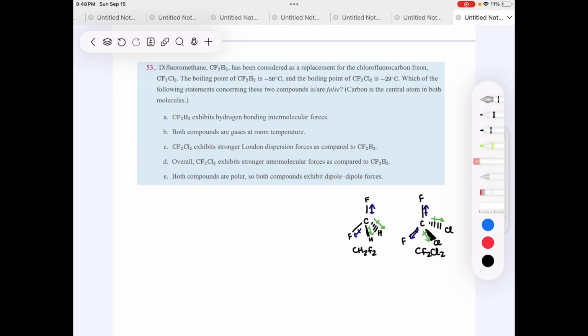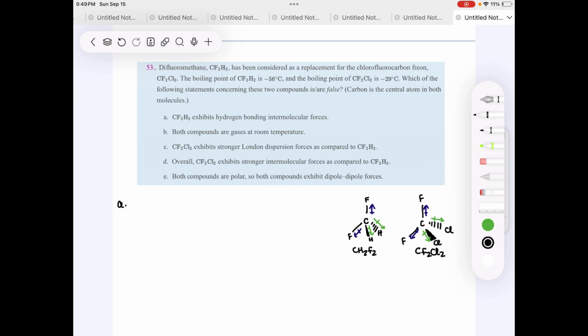Question 53. CF2H2 has been considered as a replacement for CF2Cl2. The boiling point for CF2H2 is minus 56 degrees Celsius, and the boiling point of CF2Cl2 is minus 29 degrees Celsius. Which of the following statements concerning these two compounds is or are false? Let us look at option A. Option A states that